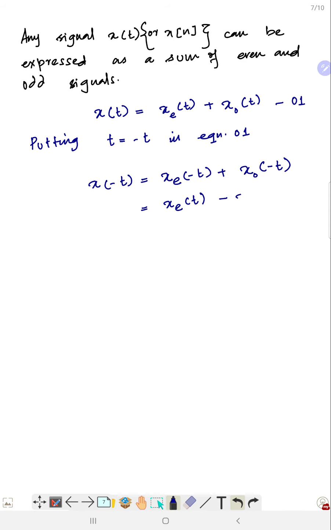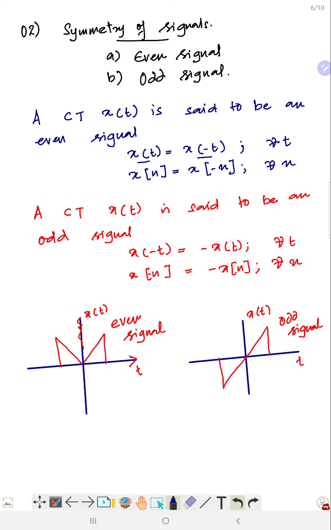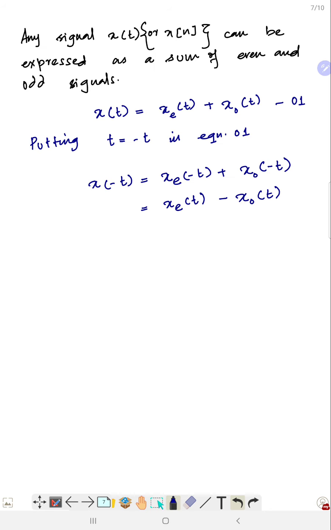And for this I will use minus x naught t. Again, it follows from this property, even and odd. Okay, so let's call it 2. Fine. And if I add these two equations, if I add 1 and 2,